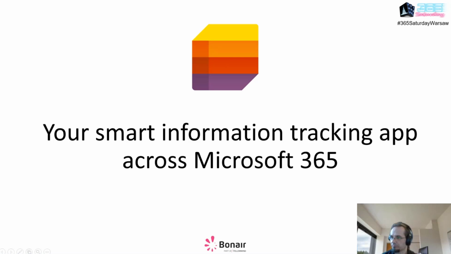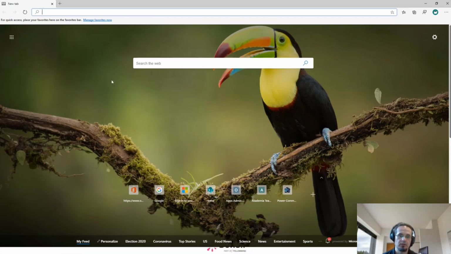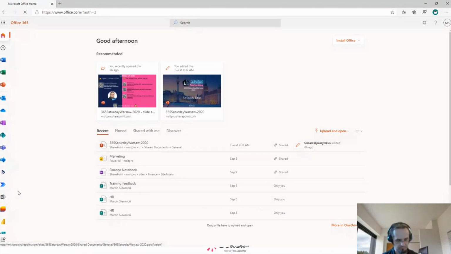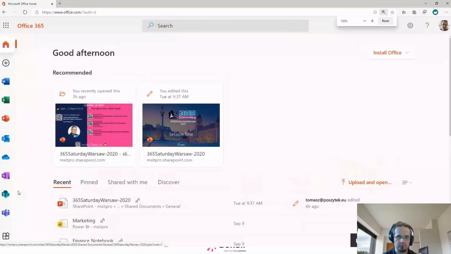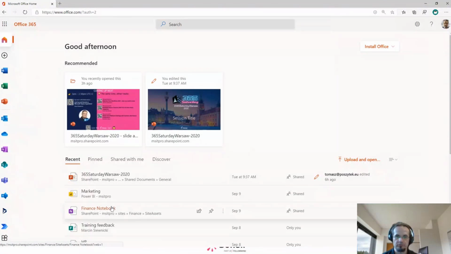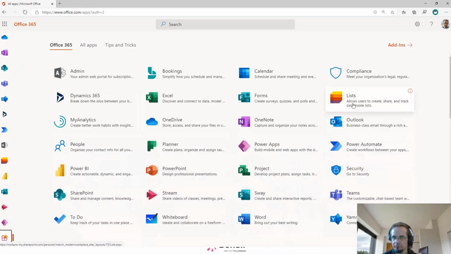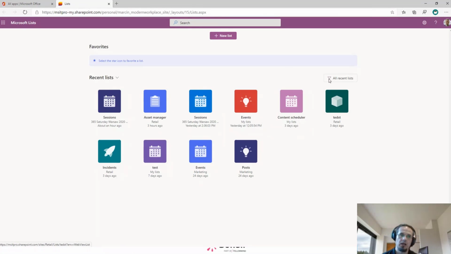Let's start from the demo, because slides are boring. I will zoom in a little. You can find Lists as an app in your Microsoft 365 portal. There is a beautiful new Lists icon, and if I click it,